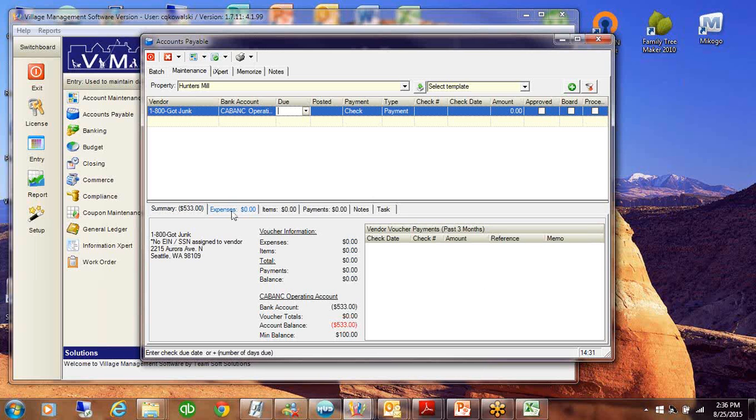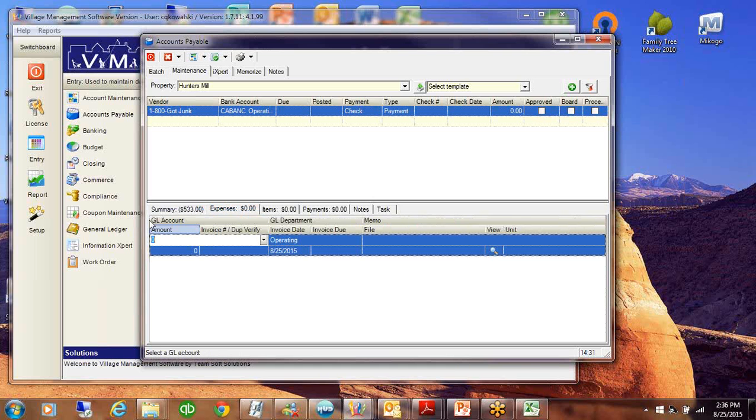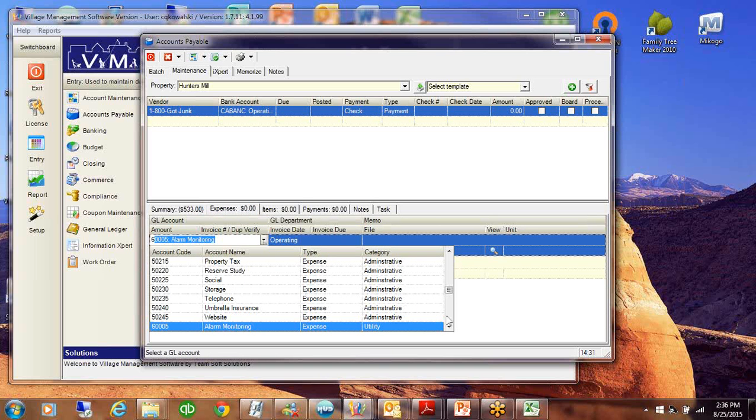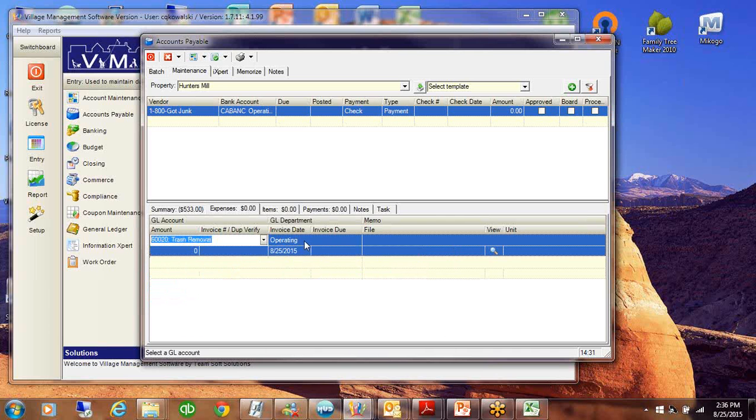I'm going to come down. This is the summary tab, but I'm going to go to the expense tab, and I'm going to go to my GL account number, and you can either type the number in. So if you know the number, you can come right down here, and you can add it. So I'm going to put right there what department I'm going to pay for. Whatever I put in this memo is going to print on the face of the check. So I'm going to say,